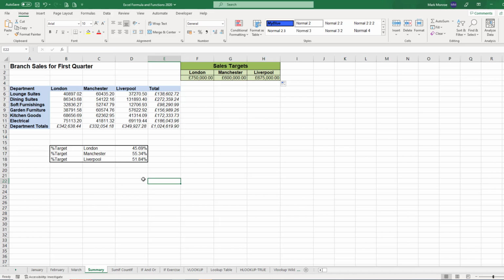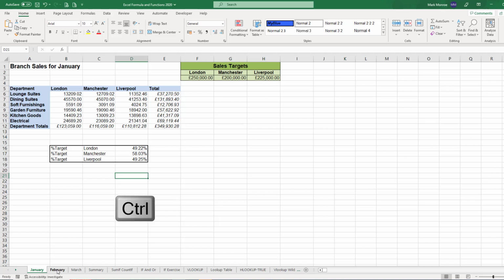summary sheet. Now with the grouping, that's a very quick way of doing something on one sheet that goes through to the others behind it. Now sometimes you don't want to pick a continuous selection of sheets. So for example, if we wanted to pick certain sheets out, I could click on the January tab. Instead of the Shift key, I could hold Control on the keyboard and then click on March,